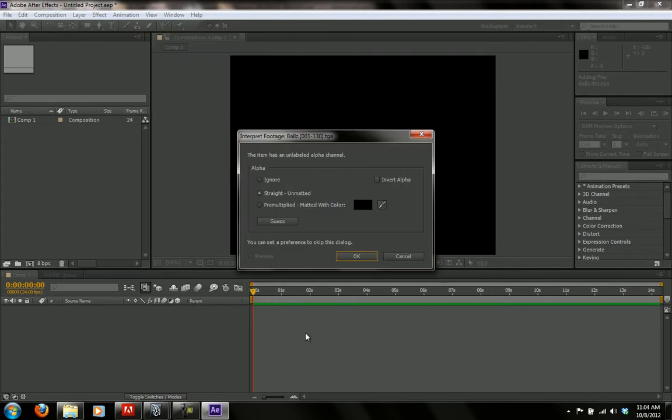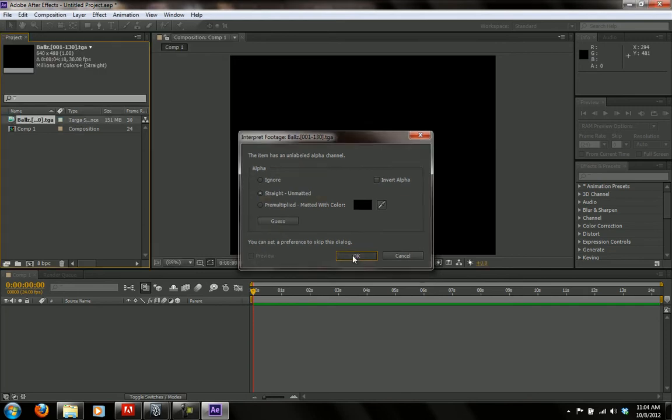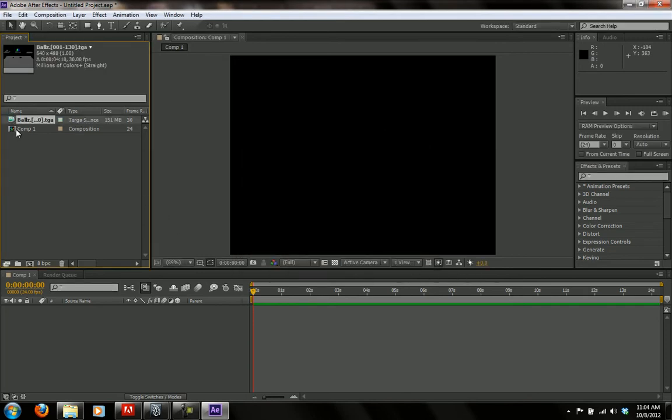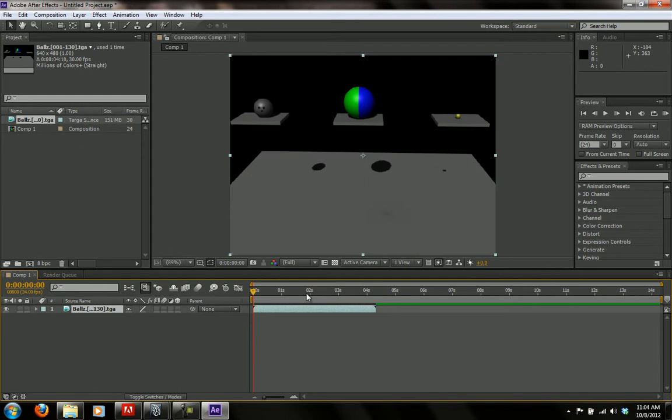And I go open. It's an alpha image because it's a Targa. Targas have alpha images embedded into them, and you can tell it to ignore the alpha image. I'm just going to keep it at the default, straight unmatted, and go OK. And here it is. It's coming into my project window over here. And what I want to do is select the name of the file, and I'm going to bring it down into,